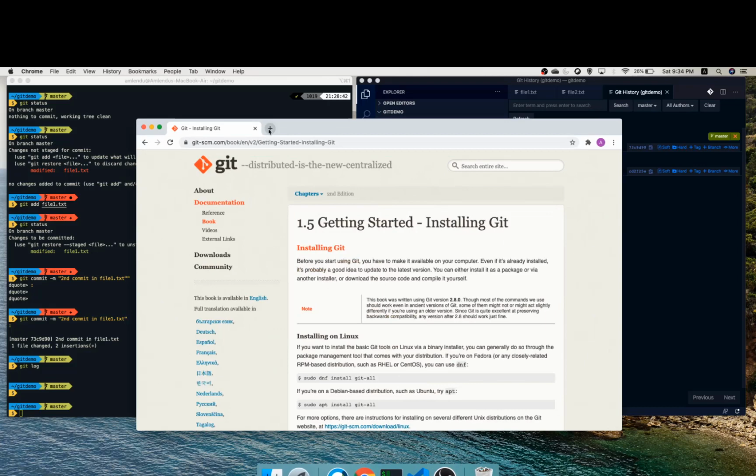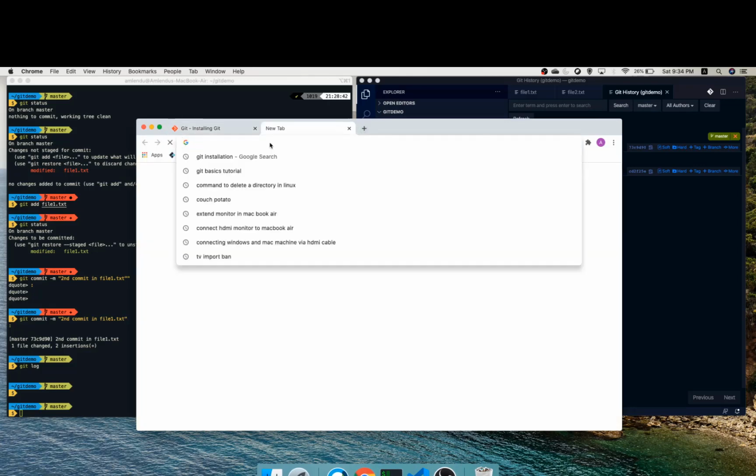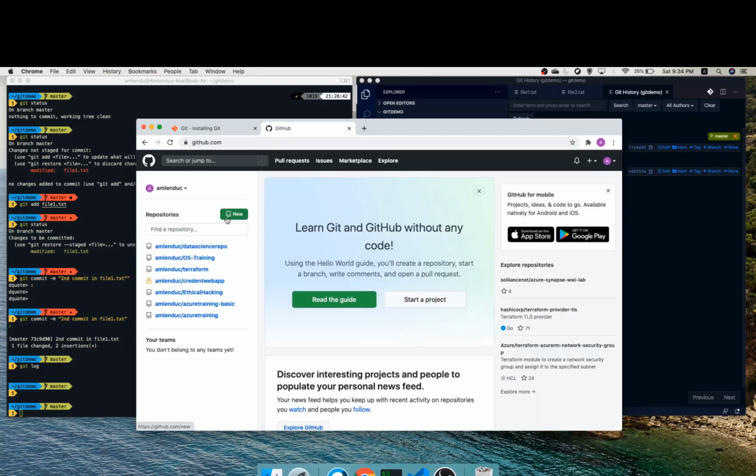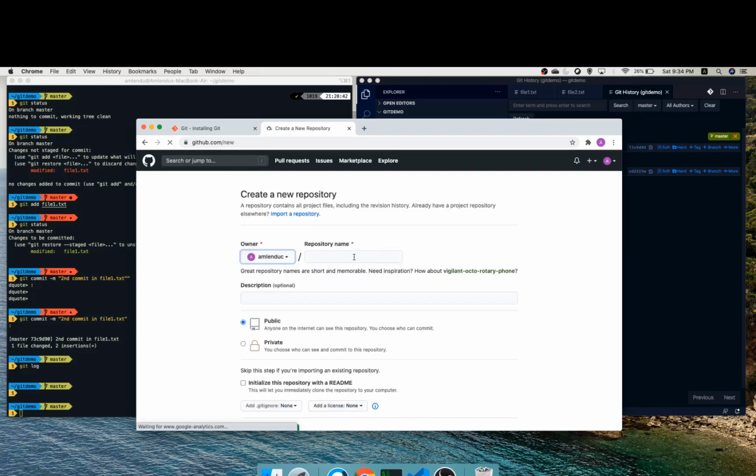I will use GitHub to create my remote repository. I will create a new repository named git demo, and I will just create it.